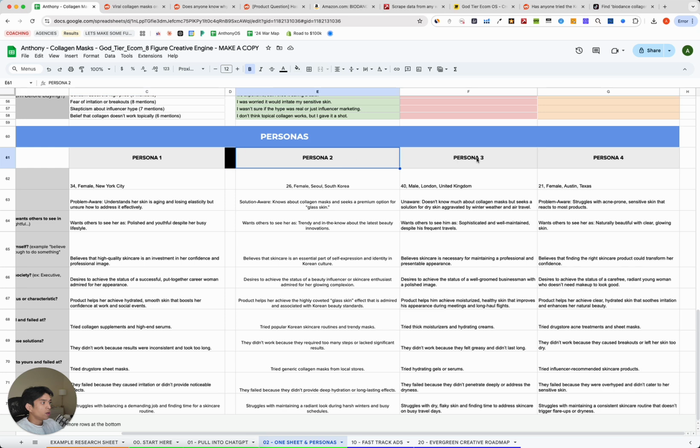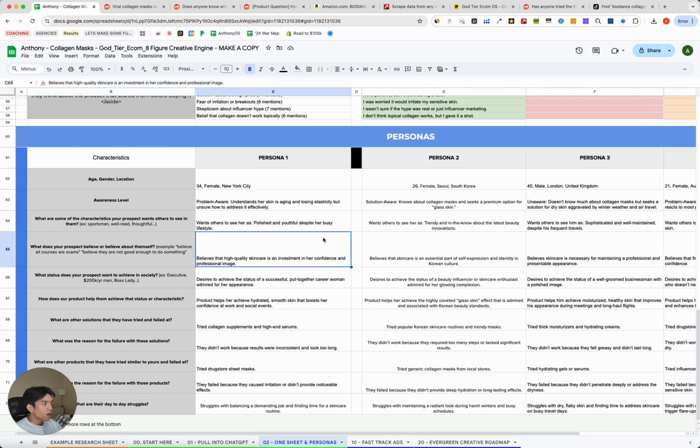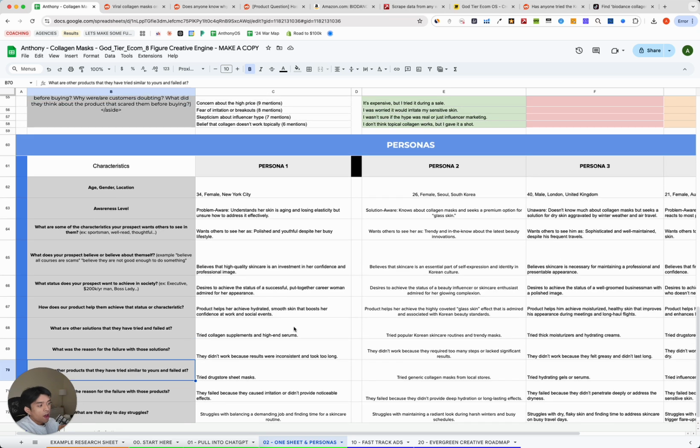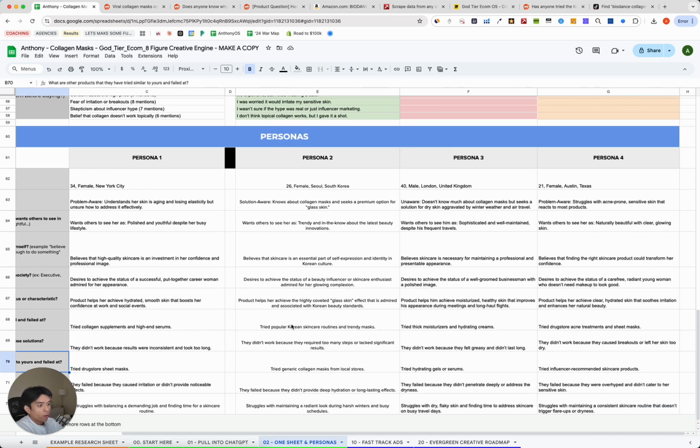So we have 4 unique audience personas. And so as you can see, we have their age, gender, location, what awareness level they are currently in the market, what are some characteristics that your prospect wants to achieve, what do they believe about themselves, what are their main desires, how does our product help them achieve that status or characteristic, failed solutions, reason for those failed solutions. So you basically have 4 unique people that you can make the creative in mind to,